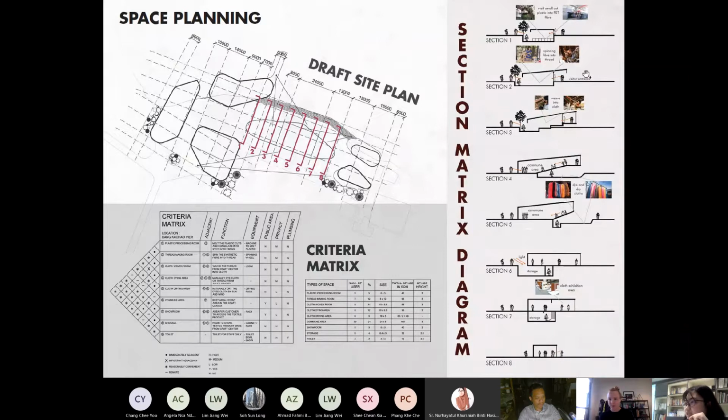And then the second section is where they spin the fiber into thread, and then they weave the thread into a cloth. One thing in this diagram is that there are two kinds of circulation in this building, the right side and the left side.